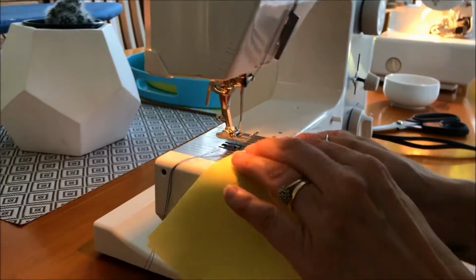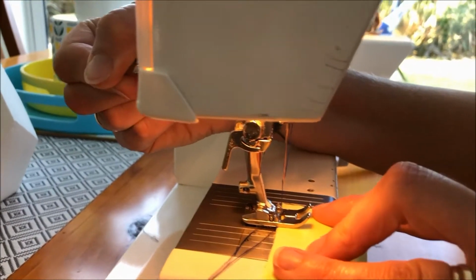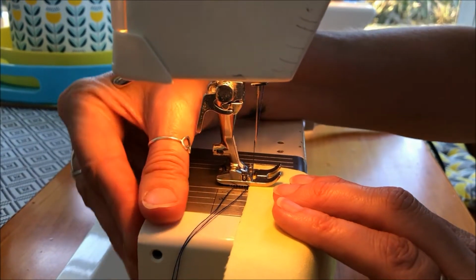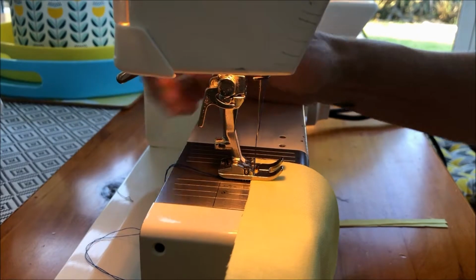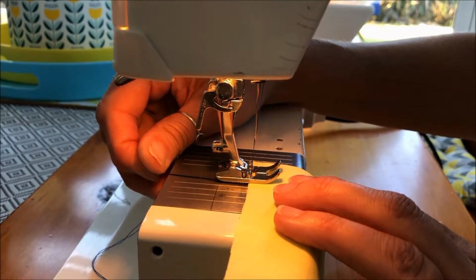So get your fabric, put it underneath the presser foot. Put the presser foot down so that the fabric is on that second line from the needle, and you're going to sew from one edge to the other edge of the fabric. Hold the threads towards the back of the machine. Couple of stitches,